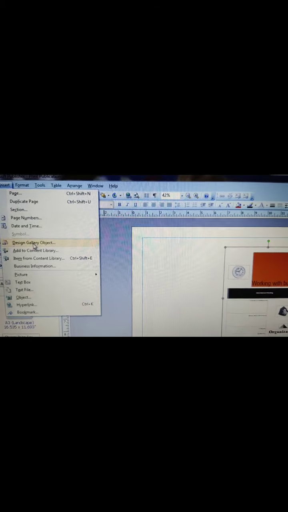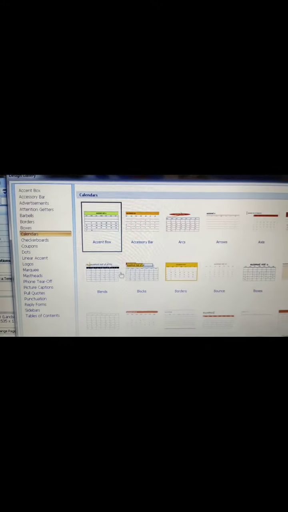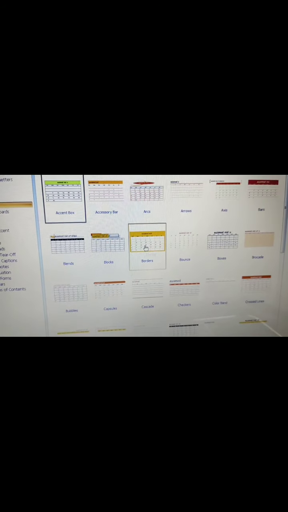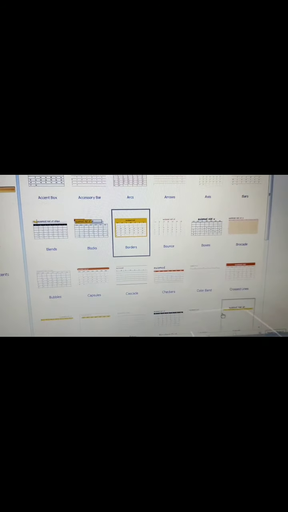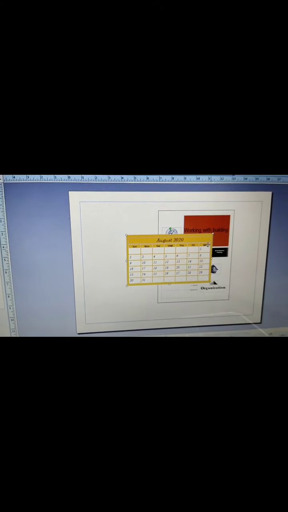Here you can add a calendar also. Now see where you will get the calendar: Insert tab, then design, then where is the calendar? This is the calendar. Whichever calendar you want, you can select. All the templates appear. This one I will select, then I will go to insert. Now you see, this one I'll make smaller.